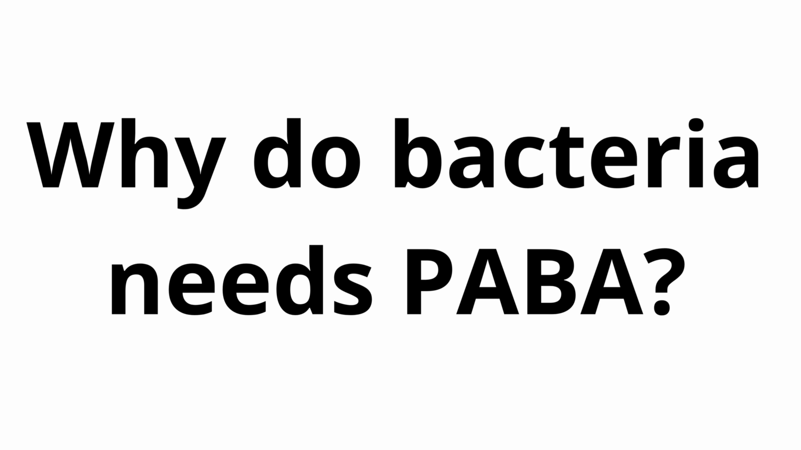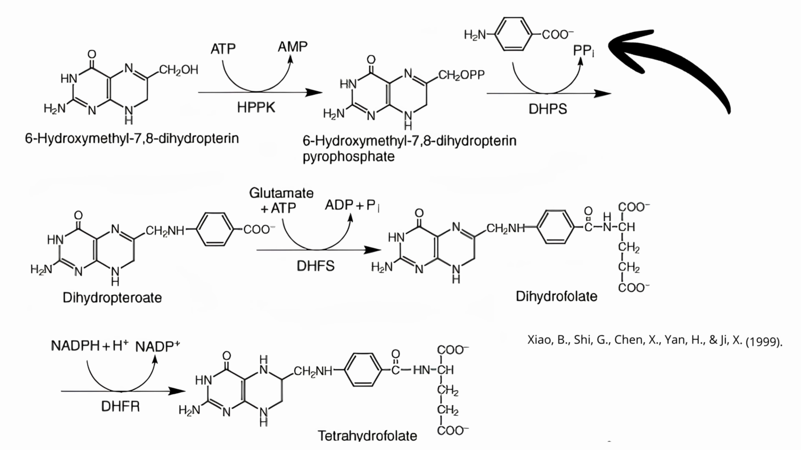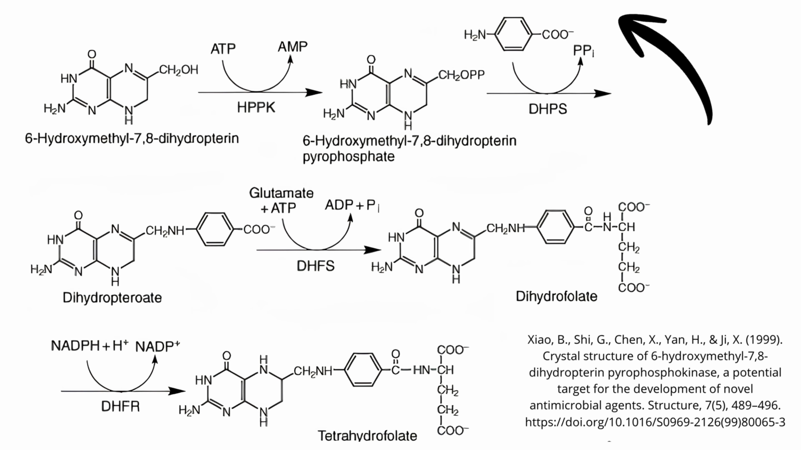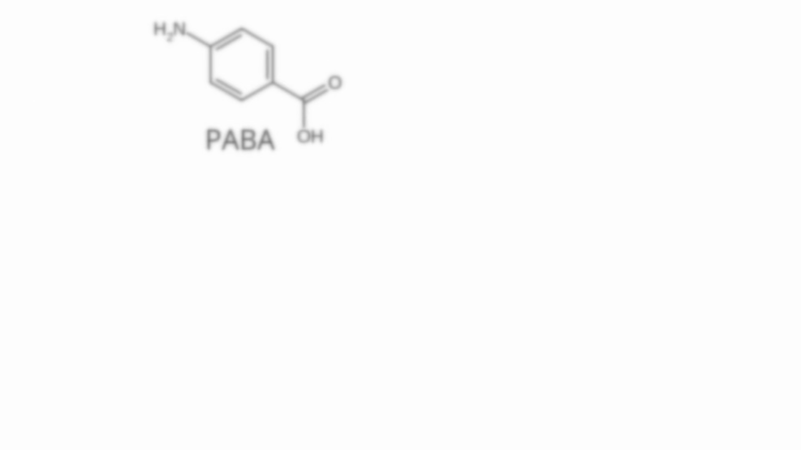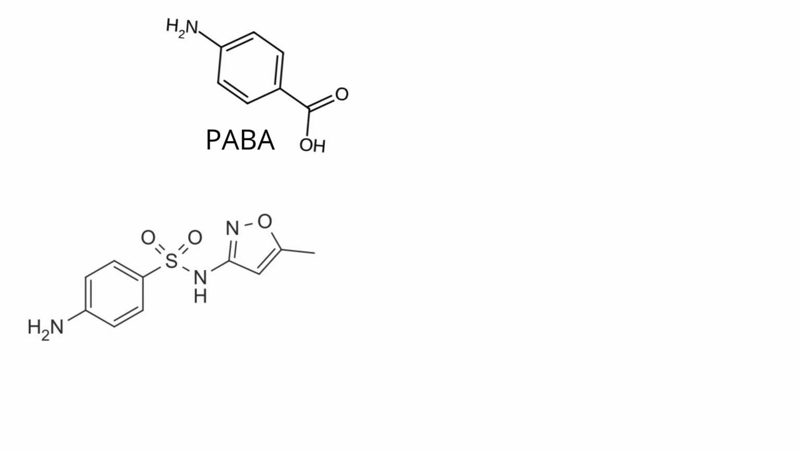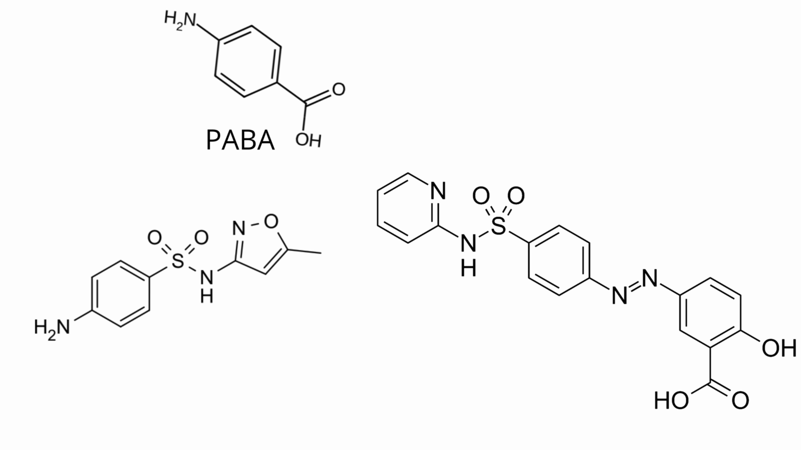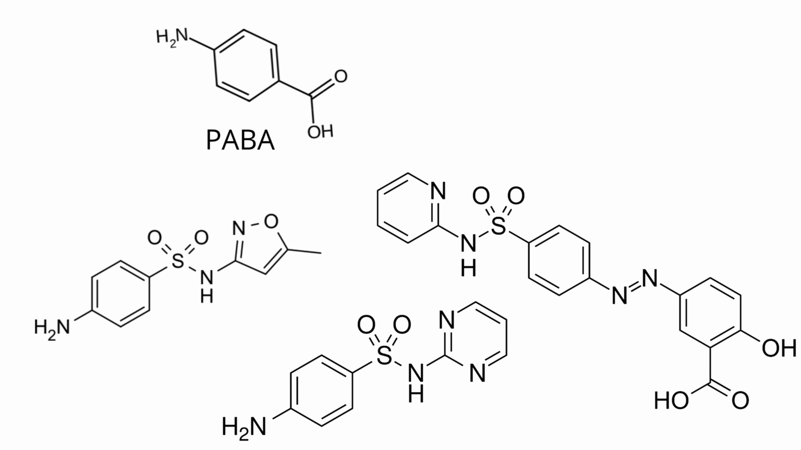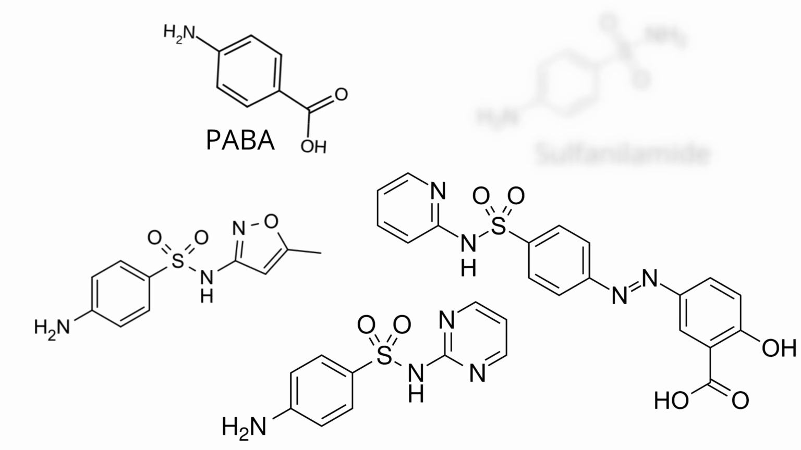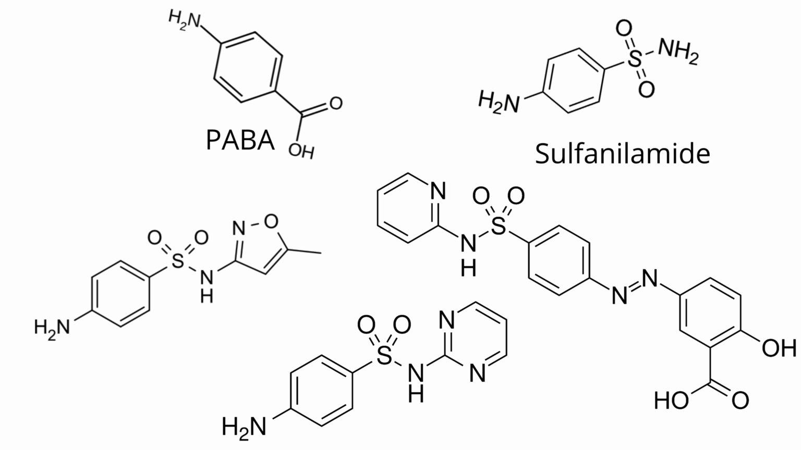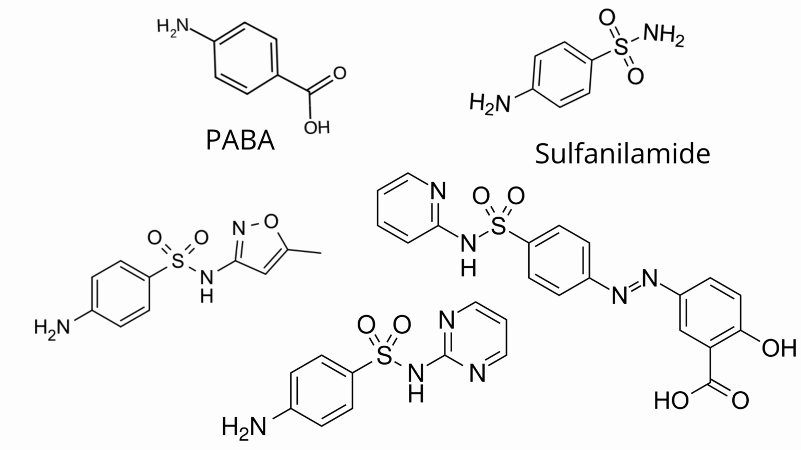So, why do bacteria need PABA? PABA is involved in the synthesis of folate, and thus in the production of DNA. That's how drugs like sulfamethoxazole, sulfasalazine, or sulfadiazine work. These drugs are also known as sulfa drugs, and they deliver sulfanilamide instead of PABA, so they interrupt the folate